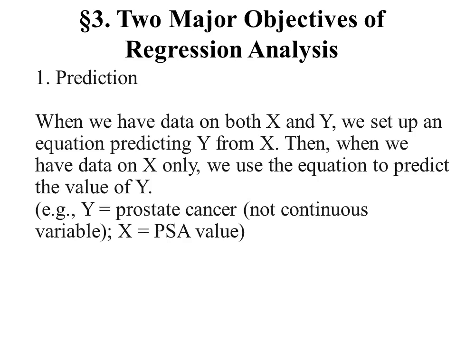For example, a high level of PSA, prostate-specific antigen, in blood, suggests that the person may have prostate cancer. So, when we have data on blood test results and the prostate cancer status for several males, we set up an equation for predicting the prostate cancer status from the level of PSA. Then, when we have blood test results of a patient, but we don't know if he has prostate cancer or not, the equation should be useful for determining whether the patient should have a biopsy for examining his prostate